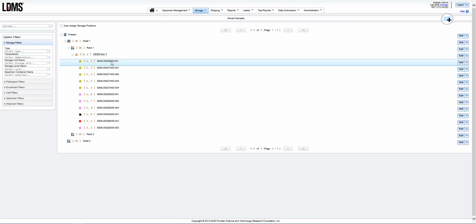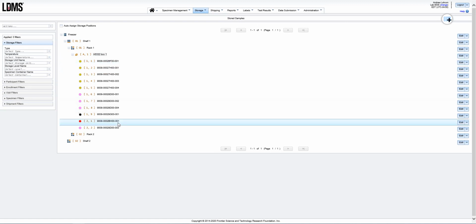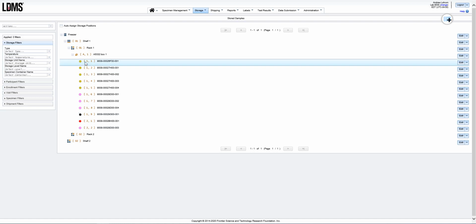Now all of my samples are in position. Next, let's discuss how you move specimens in the storage menu. We have a special menu for that, and it is here in the Action drop-down. Click Move Storage Items,